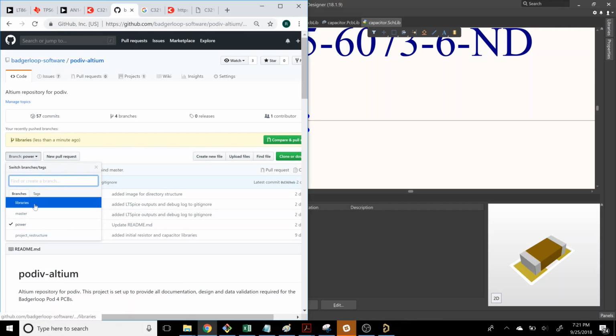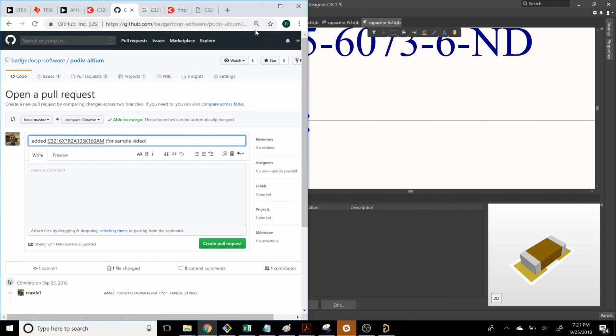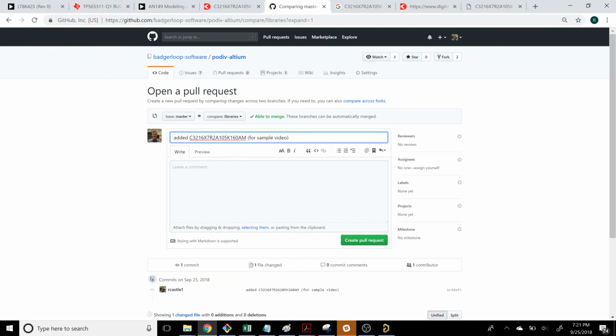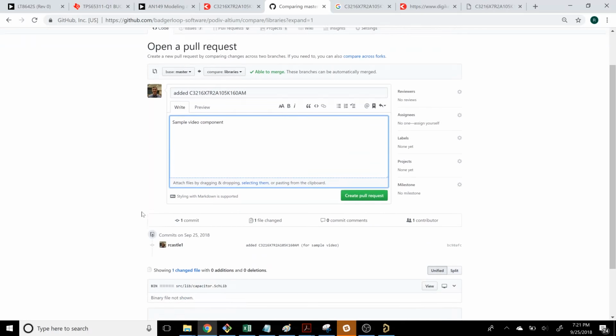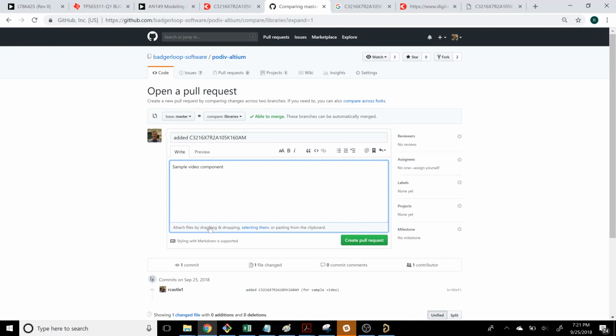We'll look in our libraries branch. You can see we've got our 1 commit changed, and this component is fairly basic, so what I'm going to do is make a pull request. And then just make sure that you're committing what you want, and it's really important that we are committing, pushing, and making pull requests right away when we are making new components,